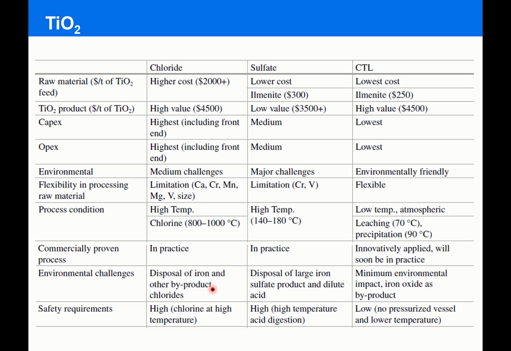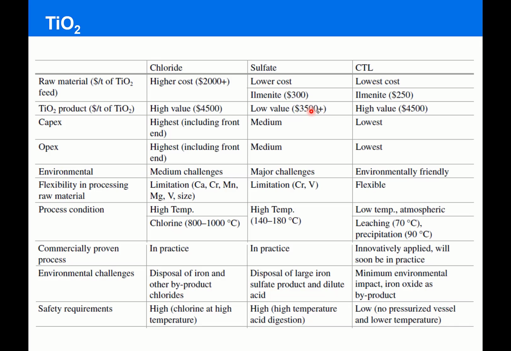Sulfate process, on the other hand, uses very low cost raw materials based on ilmenite, which are much lower cost. However, the product has lower value, and the infrastructure needed for that process is medium cost. However, on the other hand, environmental challenges are much higher compared to the chloride process because you need to dispose large amounts of iron sulfate byproduct and dilute acid that cannot be recycled. The limitations are a little bit less because it's not as sensitive to impurities as the chloride process. And also the temperature needed for the process is much lower, which reduces the cost for production. And in terms of the safety requirements, they're still high because of the high temperature and the acid used in